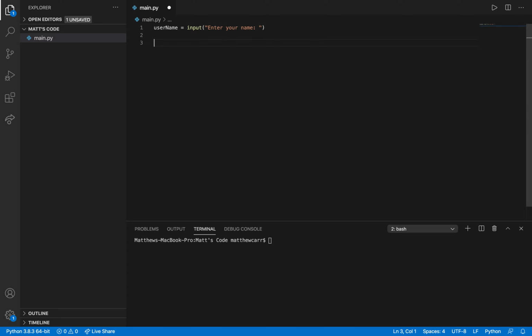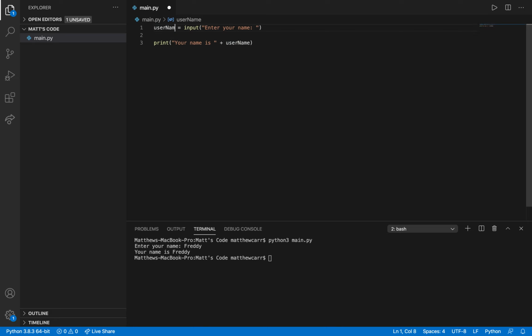So we'll do that, and then I'll print out, let's say, "your name is" with a space. I'll concatenate that with this username variable. Save this. We'll run it. And you see here in the terminal, "enter your name", that white square. Let's say my name is Freddy from iCarly. Enter that, and we get "your name is Freddy." So this Freddy that I typed here got stored into the username variable, and it's automatically a string, so we didn't have to do any type conversion stuff.